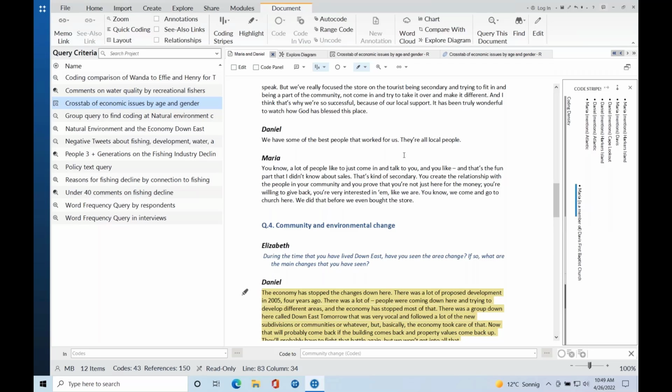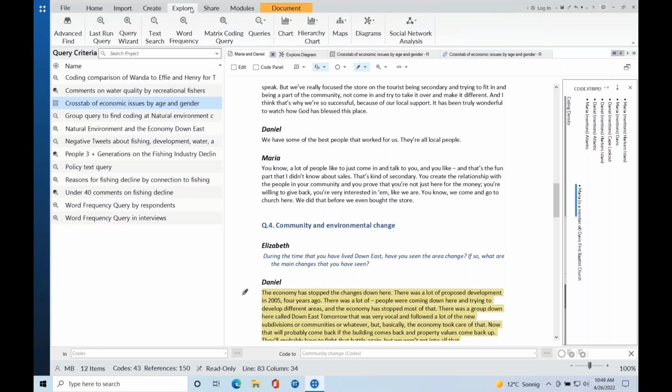And this is crucial if you want to compare your work with different people, because there's a coding comparison query that you can run that compares exactly how similar or different two or more users have coded on a document. And of course, it needs the information of who coded what. So